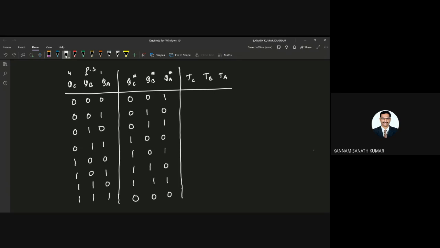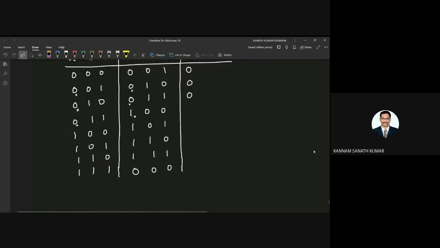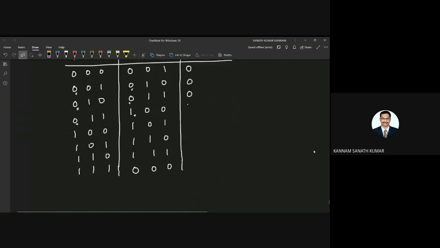So that means when it is 0 0, we are getting TC as 0, and here 0 0, we are getting the output 0, and here 0 0, we are getting the output 0. 0 1, 0 1 means what? If you see the excitation table, 0 1 means you should get 1. And next 1 1 0.